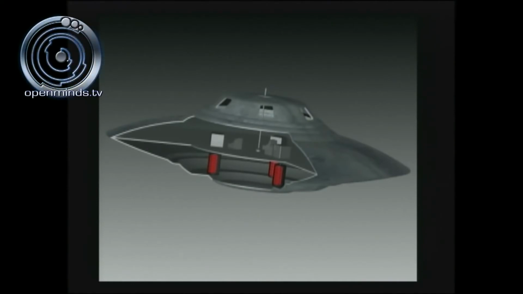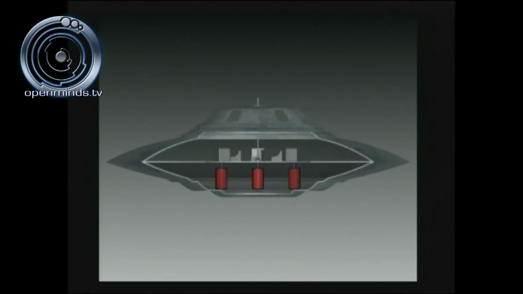Now let's zoom inside. We'll take a look at what it looks like inside. On the bottom section of the vehicle, there were 3 gravity amplifiers. Right above that, we have the mid-deck, which contained 3 gravity amplifier heads, 3 seats that all sat in the same direction, which were too small for human test pilots to fit into. Then we've got a gravity amplifier system here. We've got an antimatter reactor and a waveguide that goes all the way up through the mid-deck and what we believe to be the avionics or navigation department right here, and these are not windows. So that's the layout of the sport model according to